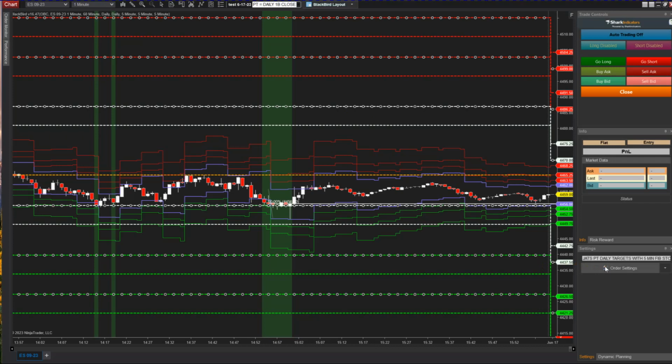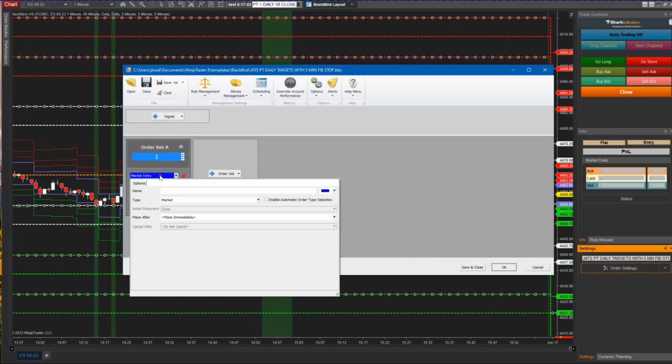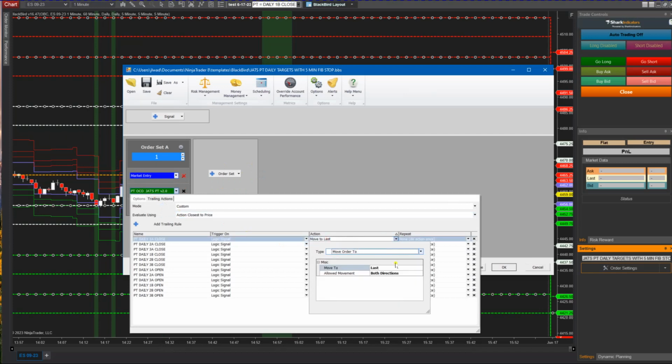Or, you can change this if you don't like to move it to last. Maybe it didn't take that one tick and it just kept going. That's very rare also. But you could change move to last here to flatten position. So instead of just move order to last, you could change the move order here to just flatten position. I don't like using the flatten position because of all of these are strung on that. I prefer just keeping it with last because